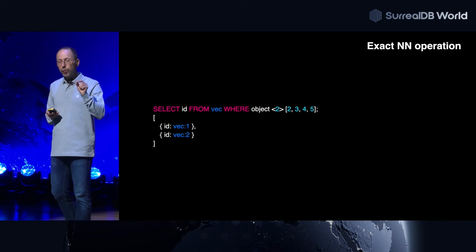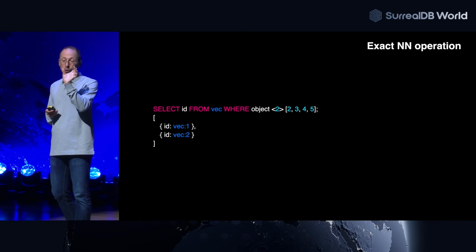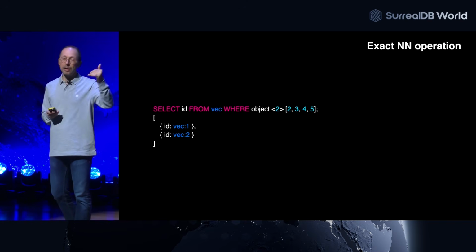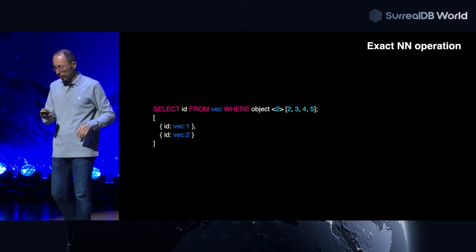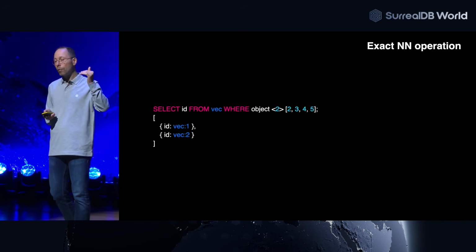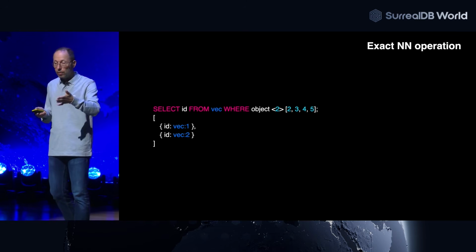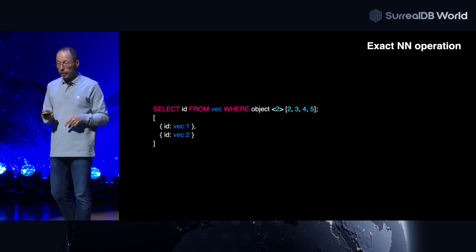It's easy to use, a new operator. As you can see, where object, we have less than, greater than, a reference in the middle, and the operator that is supposed to be compared in terms of distance with your millions of vectors in your database. And it returns, the 2 is the K of KNN, right? It's the number of closest vectors according to the distance or the similarity you have chosen. And here they are, right? And it's pretty fast. Exact NN operation. This is available in SurrealDB v1, so the one you can download later. It's there, you can play with it.